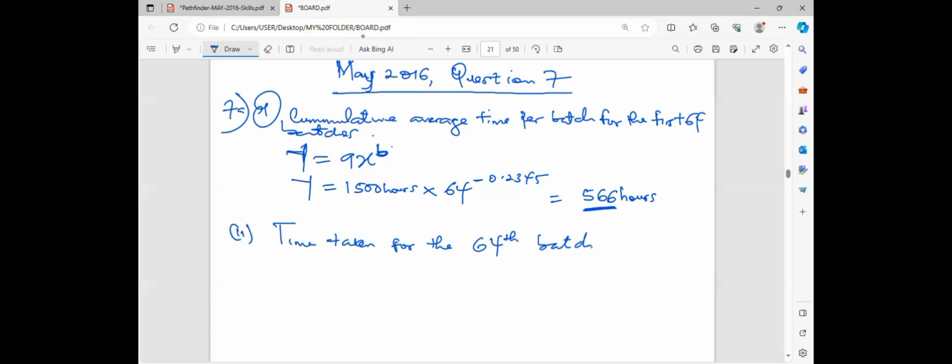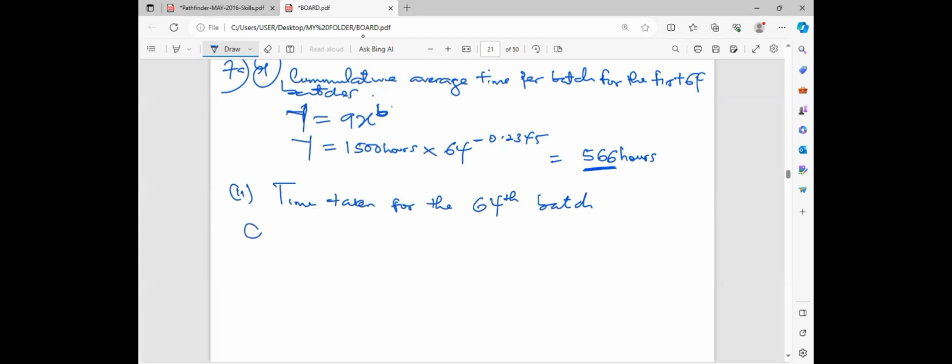The time taken for the 64th batch, or the cumulative average time per batch for the first 64 batches, is actually different from the time taken for the 64th batch. When we are talking about the first 64, we are talking about 1 to 64. But when we are talking about the 64th batch, that is the exact position of that batch, which is 64. So for us to get that, it is the total time taken